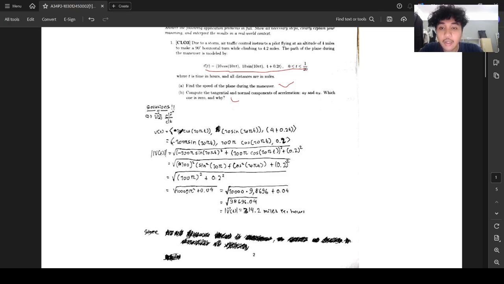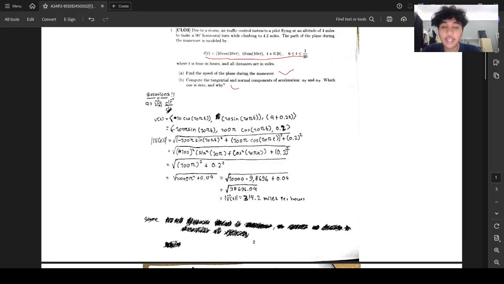That's why this value, from 10 cos 10 pi t, we got negative 100 pi sine 10 pi t, and for 10 sine 10 pi t, we got 100 pi cos 10 pi t. And since 4 is a constant, it will be gone, and 0.2 t will become 0.2. Okay, after this we're going to find the